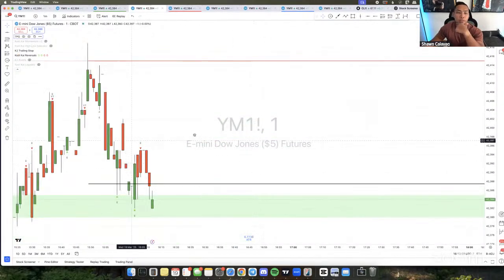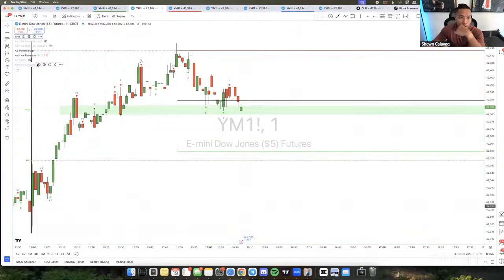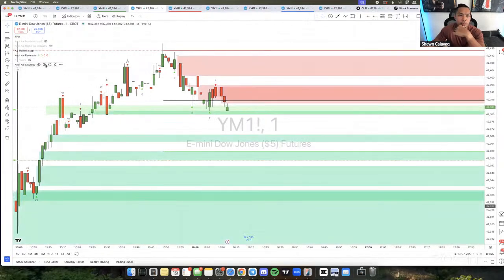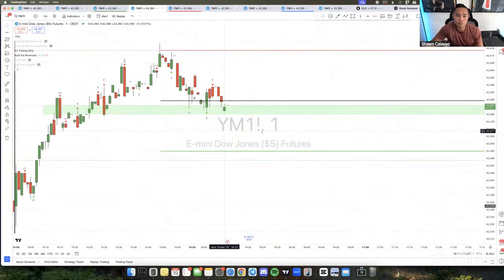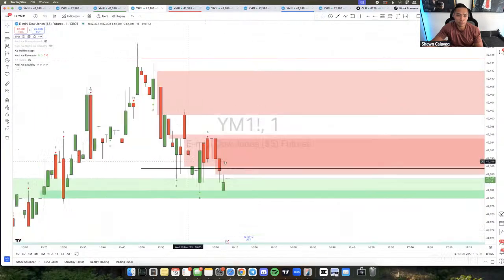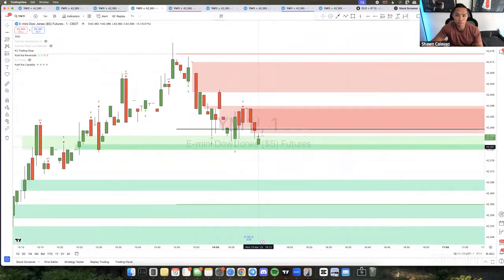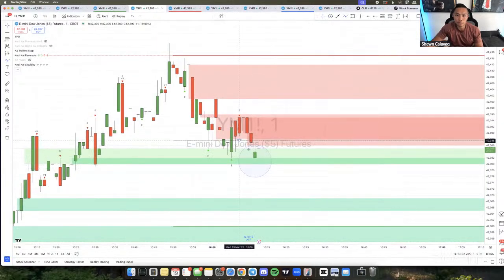The way that I would pinpoint entries using the liquidity is on the 1 minute chart, I would use a 5 minute liquidity because it's not as noisy. And I would pinpoint where it lines up with the market profile. See right here, we're currently at the point of control. I would turn on the 5 minute and see how we have a liquidity gap right here, or basically a liquidity zone. What I would look for is the bounce off here, and then I look for an entry for a buy. I would use this as an extra confluence.